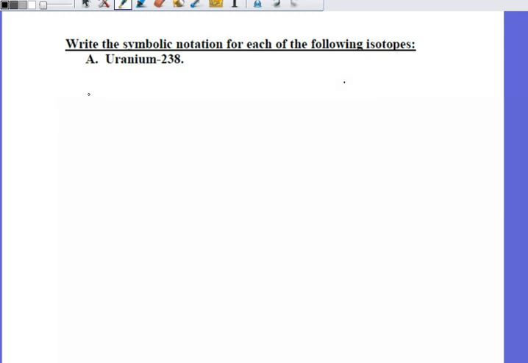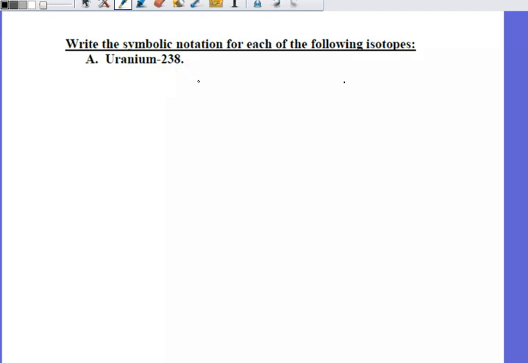Okay, so from here we're going to take a look at working through some of the problems that are given to you in your notes that are listed, or a file for those is on the web page for the class. This first example, we're looking at writing symbolic notation for an isotope. So theoretically, I give you a list of isotopes of particular elements and ask you for the complete notation that goes with them. So we're just trying to find a different way to represent